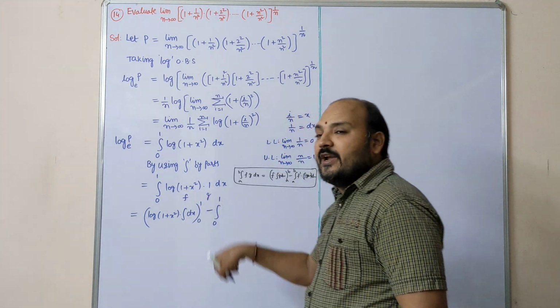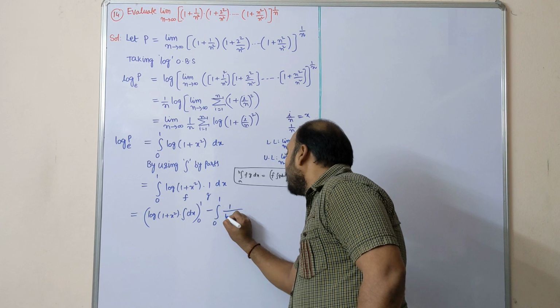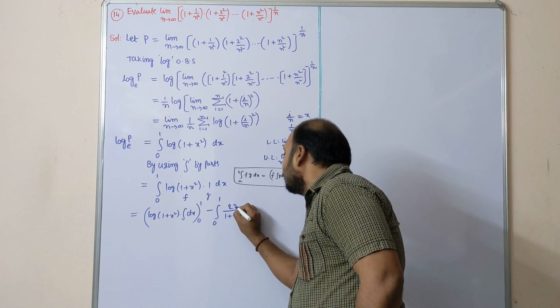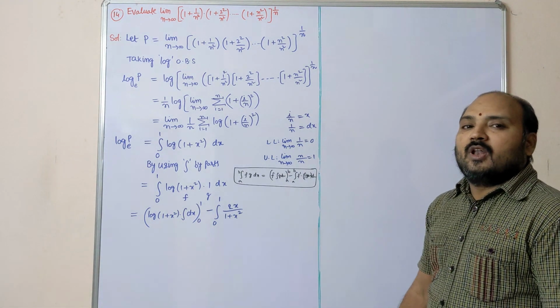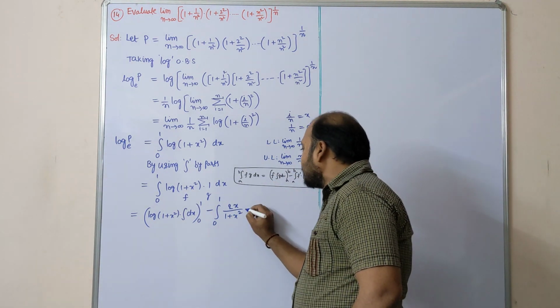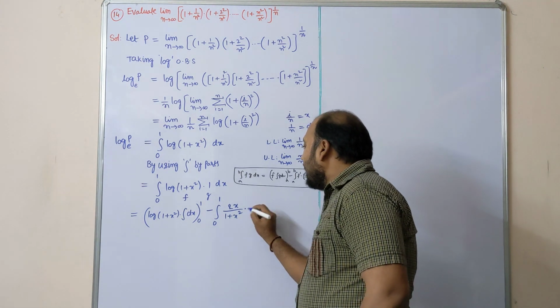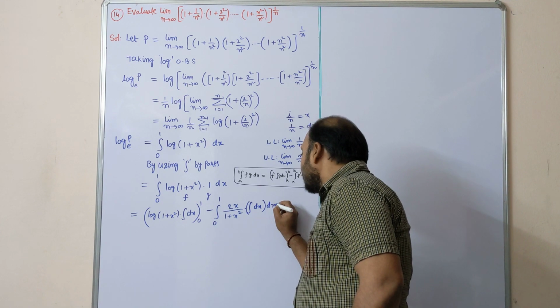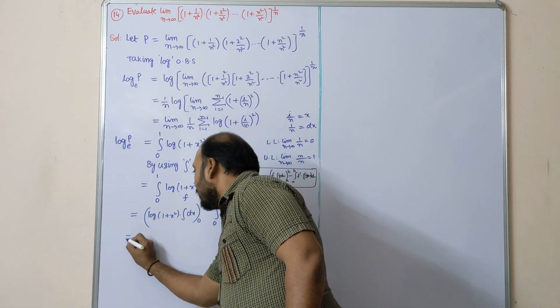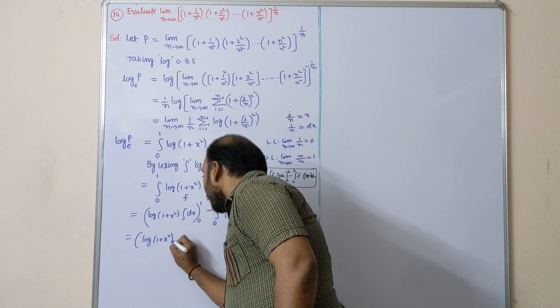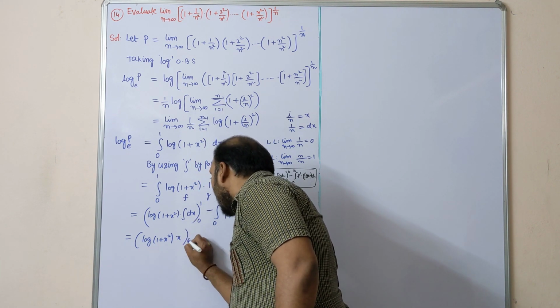The derivative of log of 1 plus x square is 1 by 1 plus x square, again the derivative of 1 plus x square is 2x, into integral dx, whole dx. So that is equal to log 1 plus x square, integral dx is x, applying the limit 0